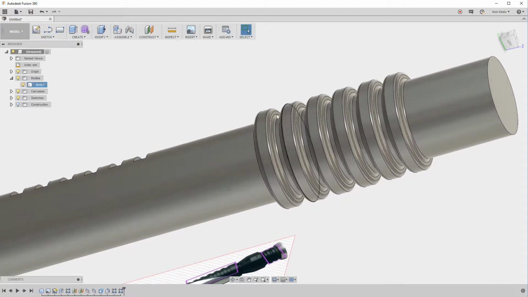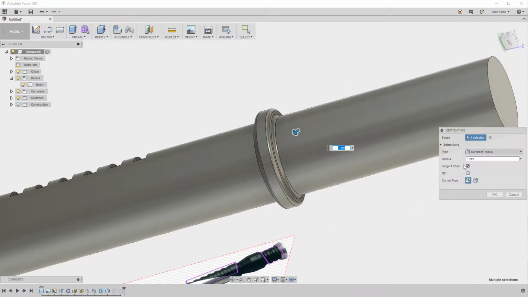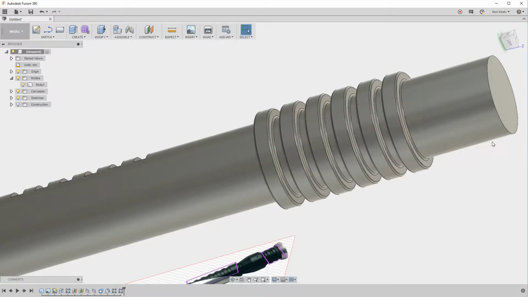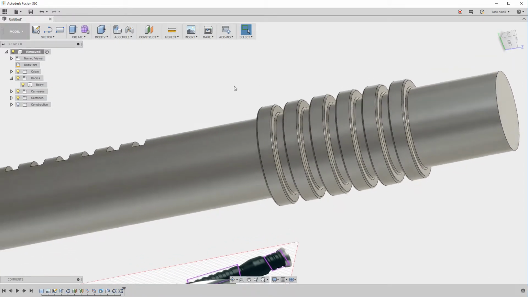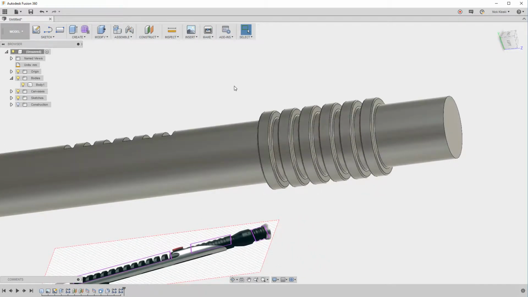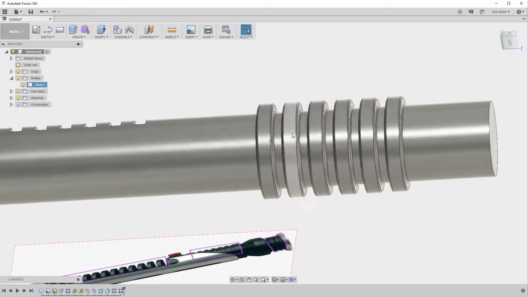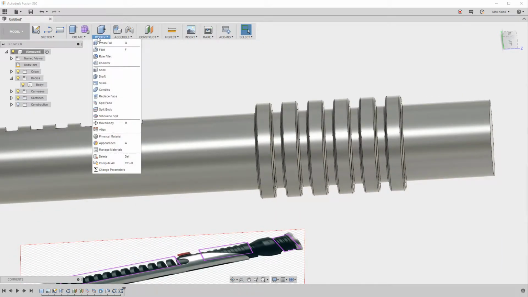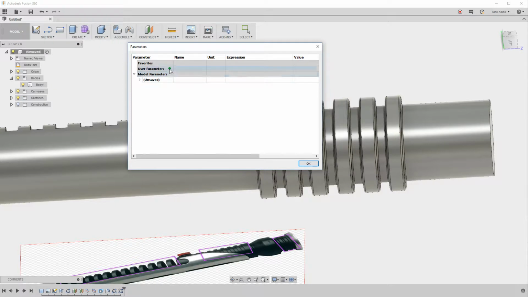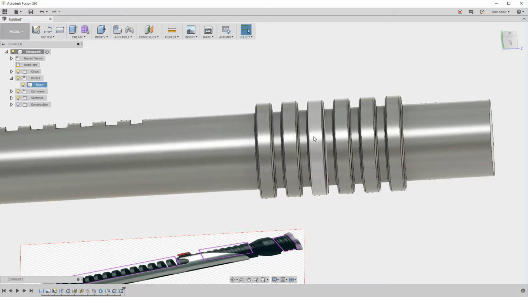And this is all parametric, right? So if I go back and I change this fillet from 1 millimeter to 0.5 millimeters, everything updates. So it makes it very easy to change those things. Now you can get even more fancy with this if you want to, play with the spacing and all of that by going in and saying modify change parameters. You can actually add in some user parameters here of the different spacing, the number of these kind of ridges that you want, so that you can enter those directly into the